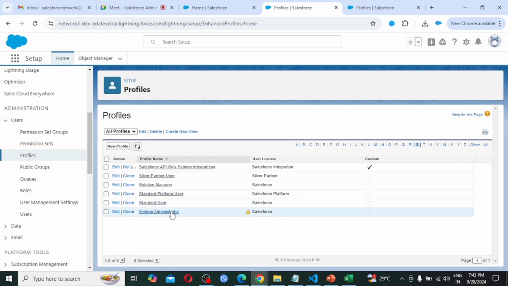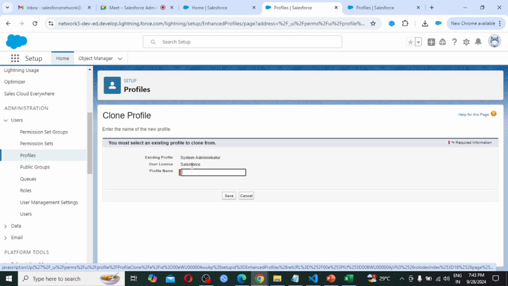As per the assignment, we have to create a profile by cloning the system administrator. If I click on clone, it says the existing profile is system administrator, the user license is Salesforce, and for the profile name we have to give system administrator new, as per our assignment.